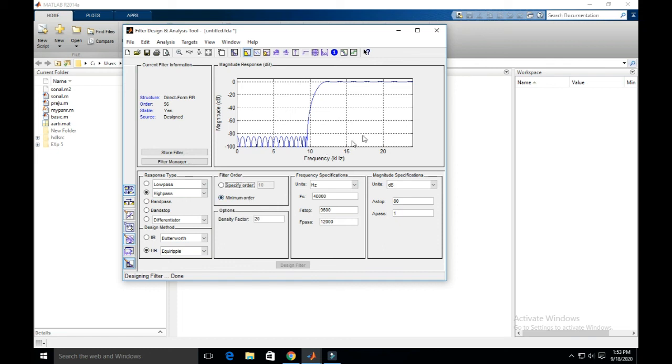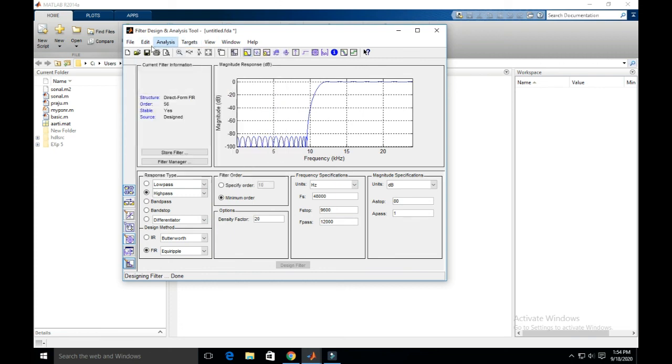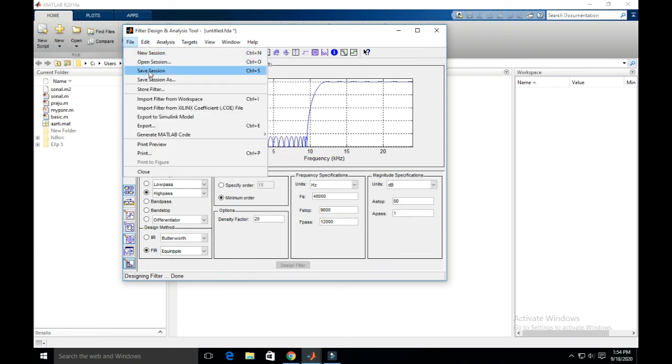Then if you want to convert this filter design into MATLAB code, simply go to this particular point and click on generate MATLAB code, with filter design function or with system object. Simply I will click on filter design function.